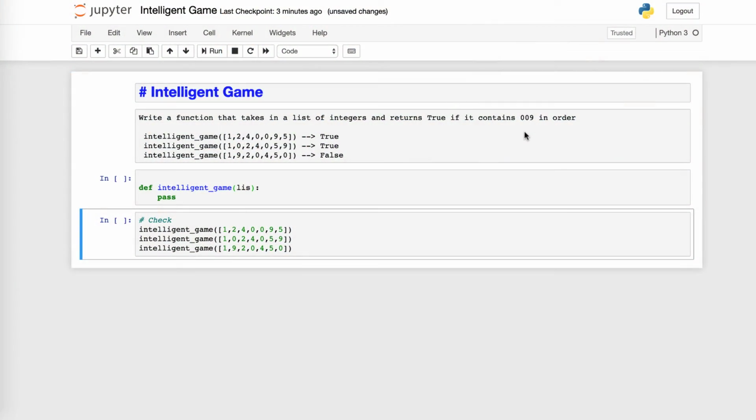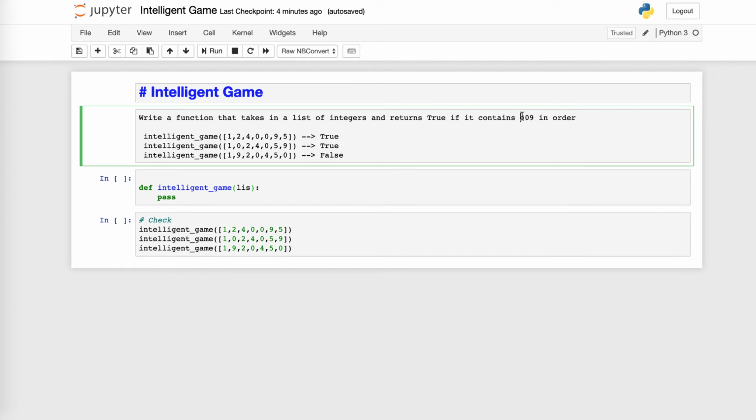Welcome back, guys. Here in this lecture, we are going to test our knowledge, and this is something next level challenging program and problem. This is the intelligent game problem which I am giving to you as an assignment. So, write a function that takes in a list of integers and returns true if it contains 0, 0, 9